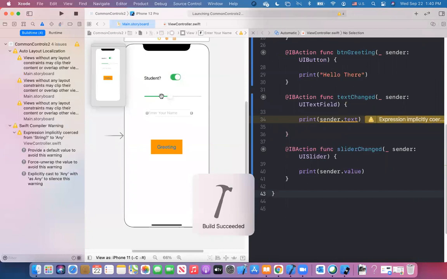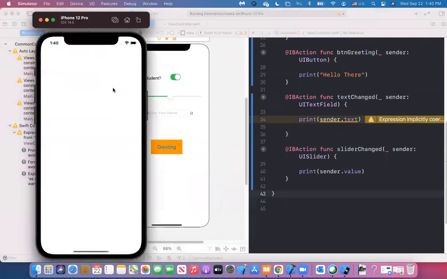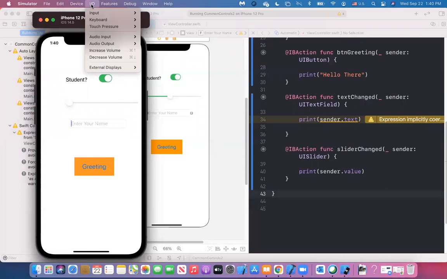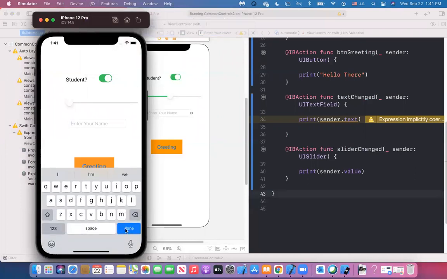watch what will happen as I start typing in this text field. If the keyboard is not showing, you can always show the keyboard from here: keyboard, toggle keyboard. So now the keyboard will show. Notice this is done because I selected the return key as done. If you want next, then you select next from the list. Now, if I start typing,